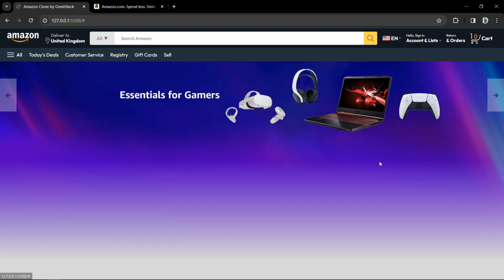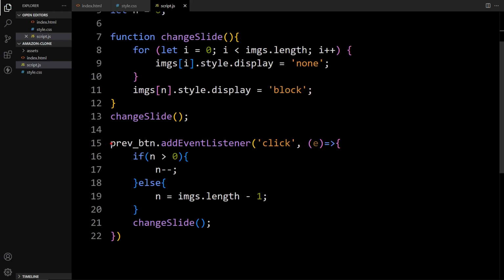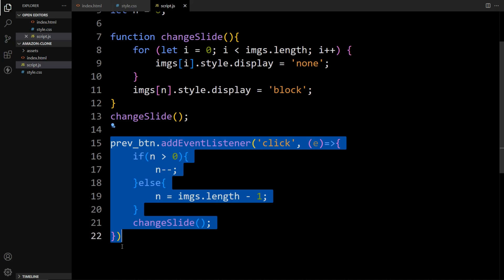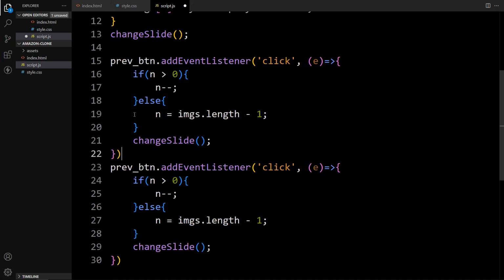Now if I click on the next button, it is not working. So we have to add the JavaScript for the next button also. So let's come back and duplicate this code. We have duplicated this code for the previous button, and we will update the variable. It will be